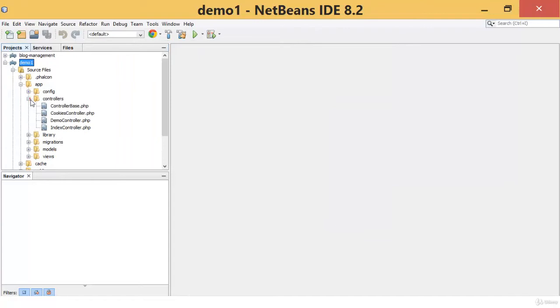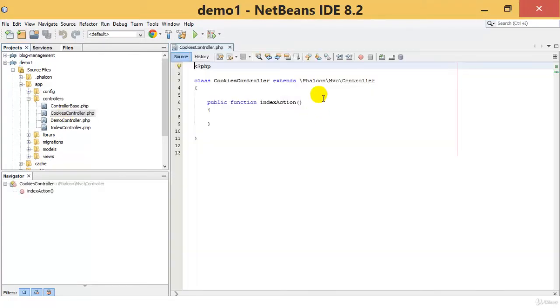Let's go on to the web application. Yes, this is my controller. Now inside the index action, I'm going to implement a cookie. That cookie will be a user information cookie, and I'm going to encrypt it in a particular format. So let's start off inside the index action and say